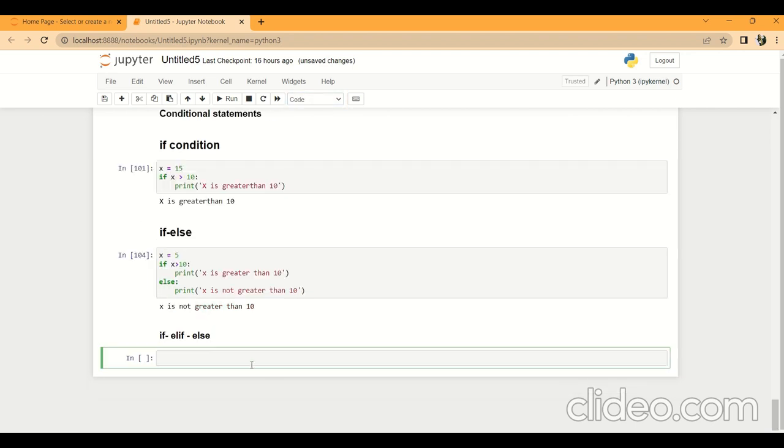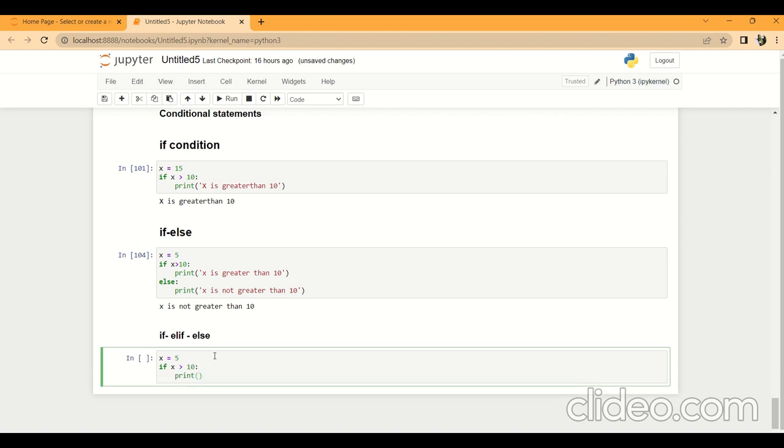So here the if else if statement is used to execute different blocks of code based on multiple conditions. If I have multiple conditions, two to three conditions, then I can use the if else if condition. Let's try an example. x equals 5, I'm giving. If x is greater than 10,